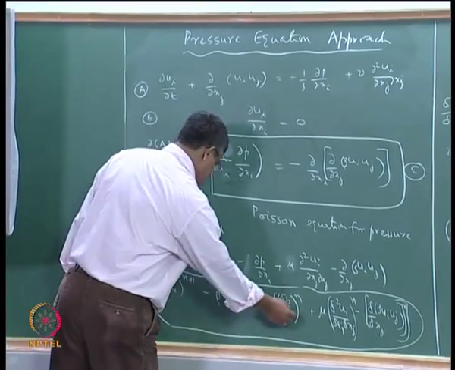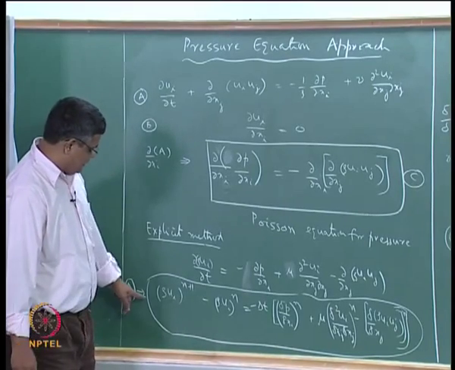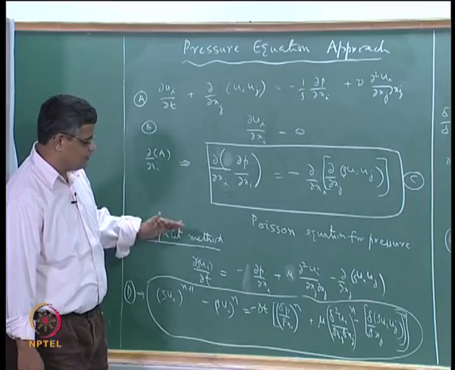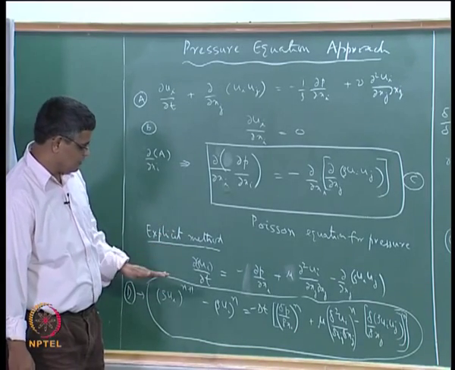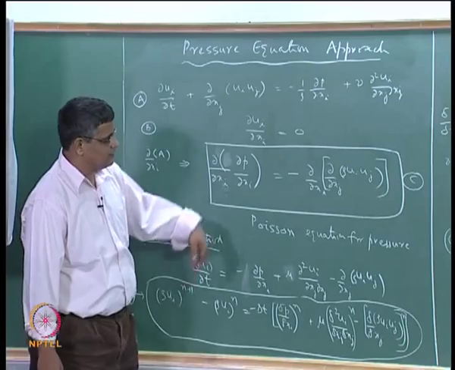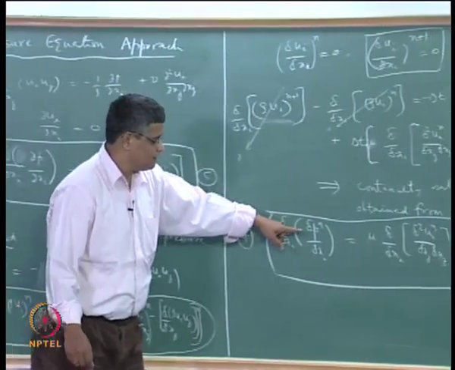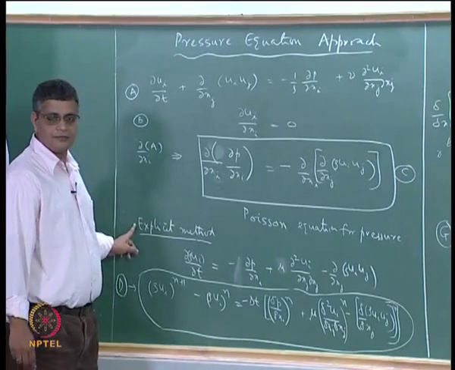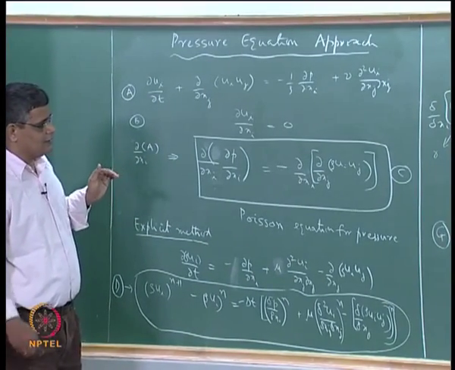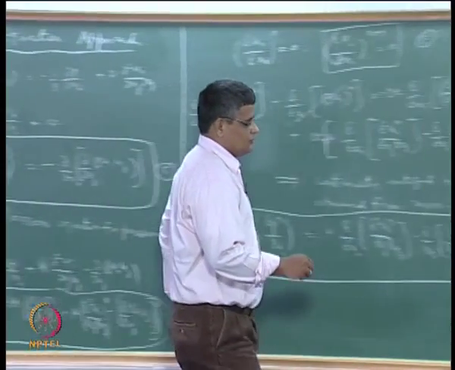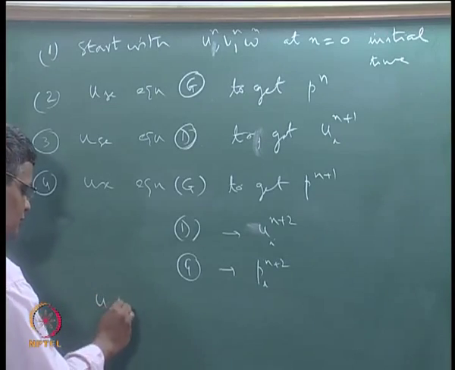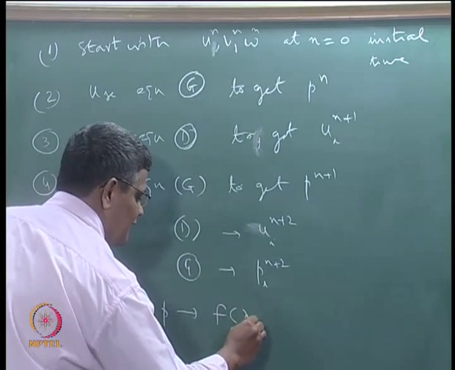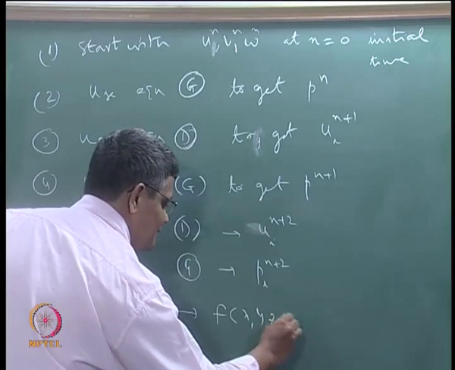Okay, so then we have these equations, and here this is an explicit equation. We have 3 equations, and you can evaluate rho u, rho v, rho w at n plus 1, and then use those things to come back and evaluate p at n plus 1 and so on. So this is an explicit method, and this way we can look at how u, v, w and p evolve as a function of x, y, z and t.